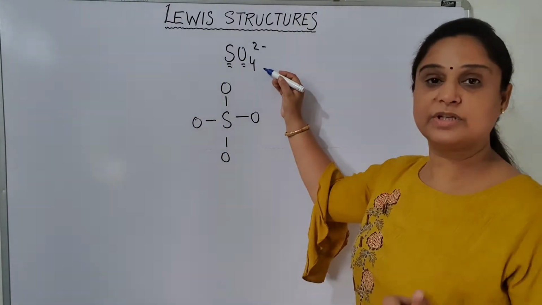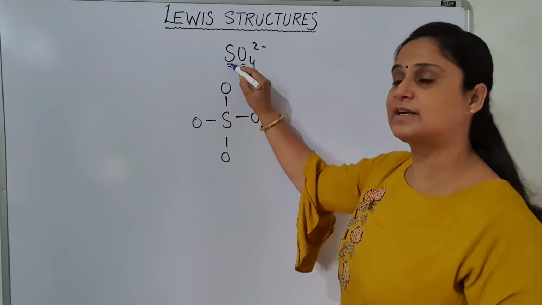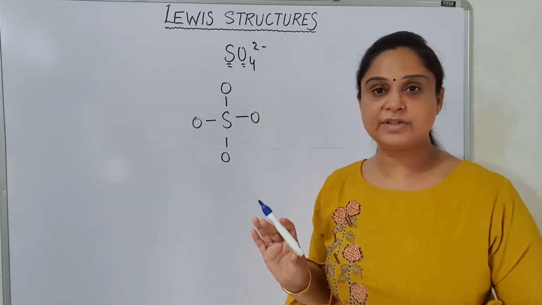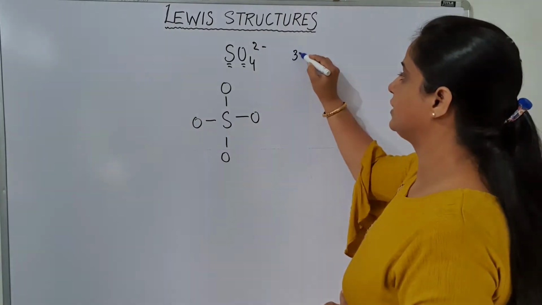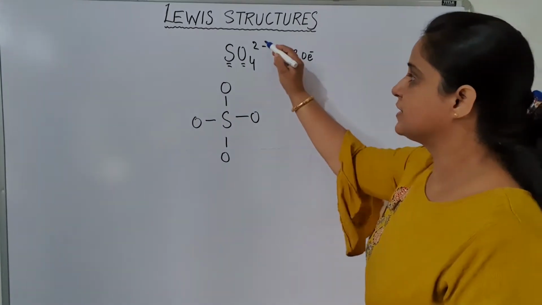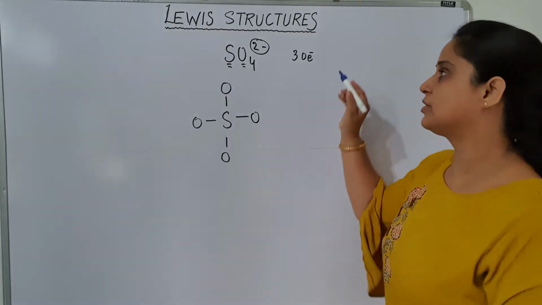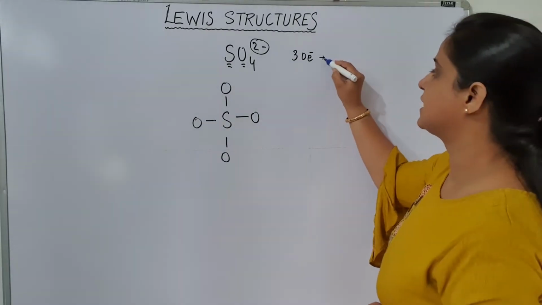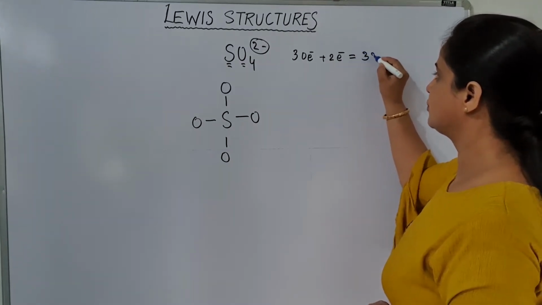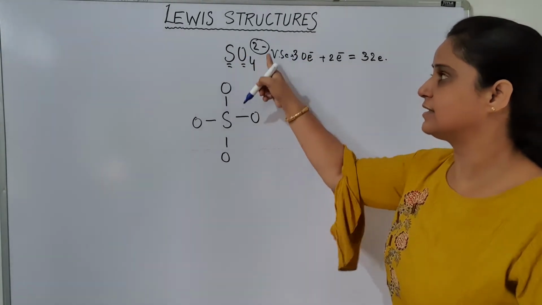And then I am going to count the number of valence shell electrons. Obviously, because both oxygen and sulfur belong to the 16th group, they all will have 6 electrons in the outermost shell. So 30 electrons in their outermost shell. Is it clear? Now next one is this. Because this is a negative ion, we have to mention this number of electrons also because these will also be in the valence shell of these atoms. So I am adding 2 electrons more. So it becomes 32 electrons in the valence shell of all the atoms present in the ion.